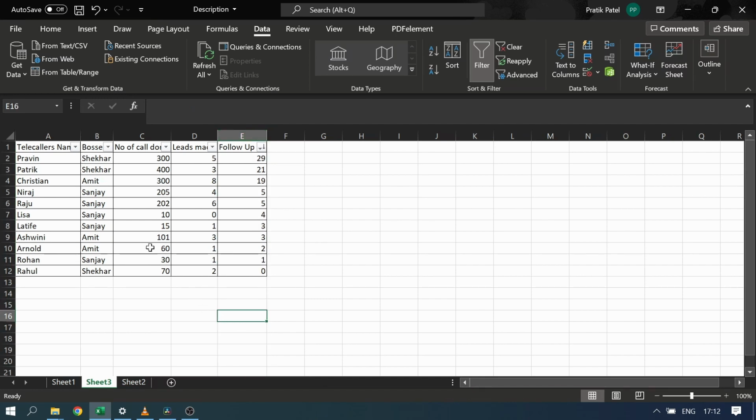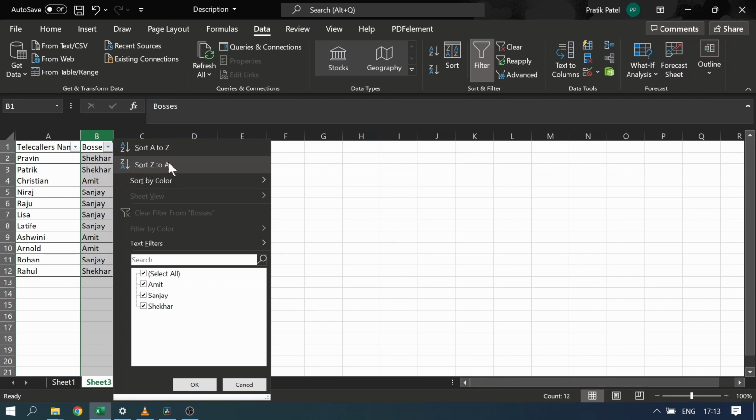Now let's consider another case. I want to sort words from column B. In that case, click on the downward directed arrow. I want to have words